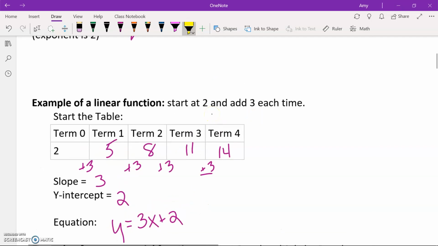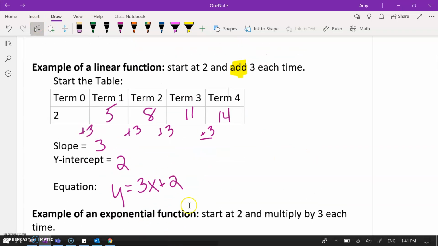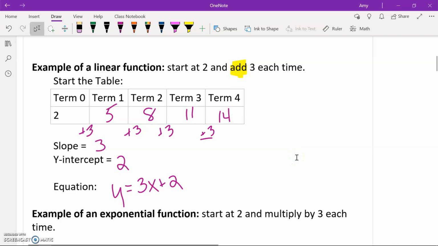So the key thing I want you to see here is that in a linear function, you are adding some value every time or subtracting some value, but that change is going to be the same. An example of an exponential function would be to start at 2 and multiply by 3 each time. What do you see as the difference between the linear function and the exponential function? The difference is that in an exponential function, you are multiplying by 3